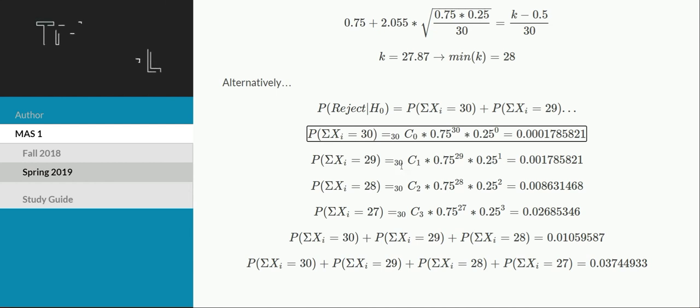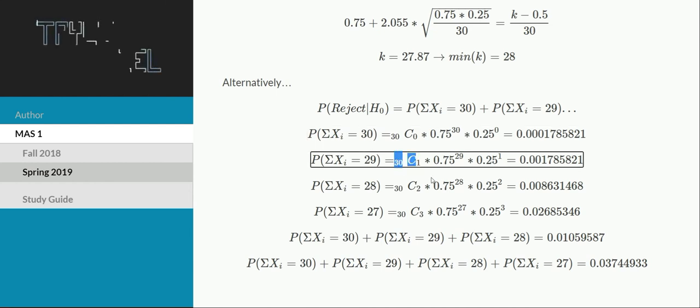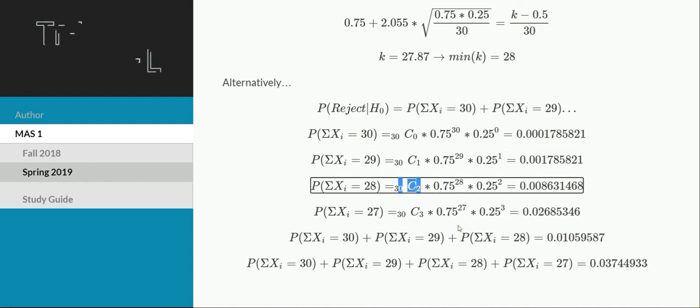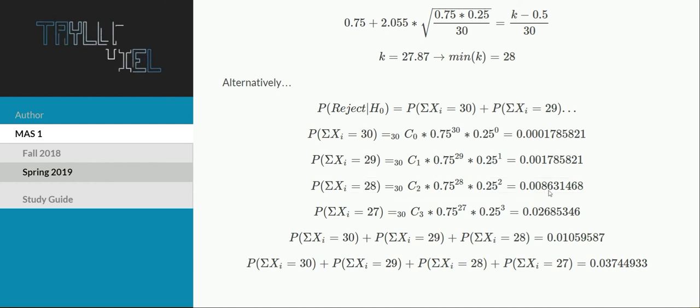Next, 29: there are 30 ways to organize 1 failure, and then you just change these numbers. So there are 29 successes and 1 failure. You get a new probability, and you repeat this process. So how many ways are there to organize 2 failures, and so on and so forth. And what you do is then calculate